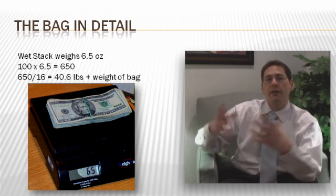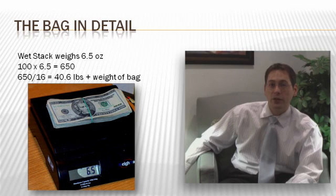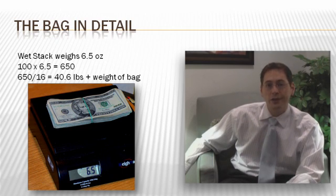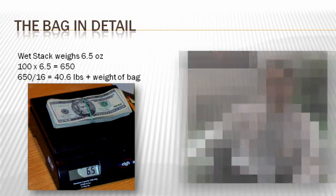I'm just guessing because it's going to have extra water in there, but again, I've never been able to actually test this. I wanted to. It was very tough to come up with 100 stacks of cash at my local bank. I would have had to run around town for a week accumulating all that. So